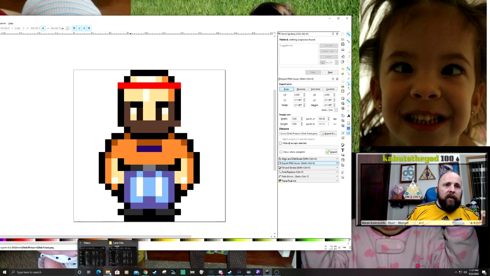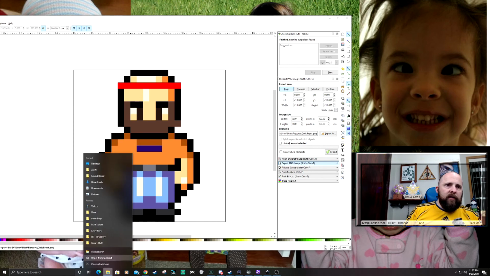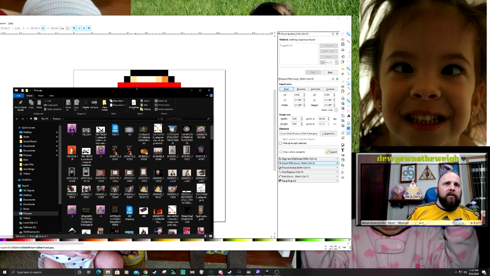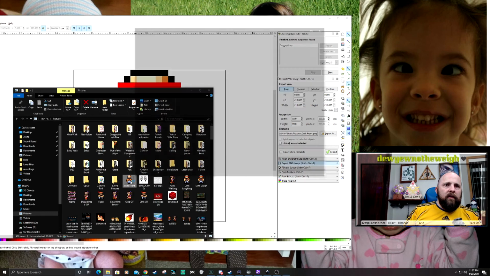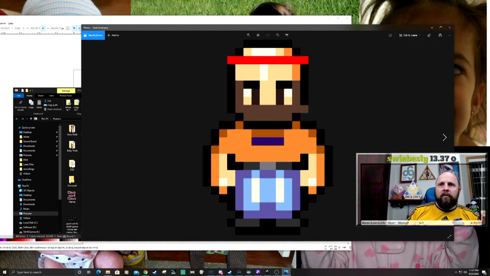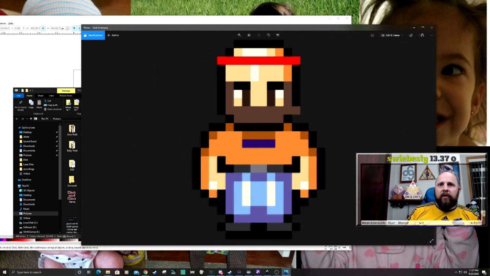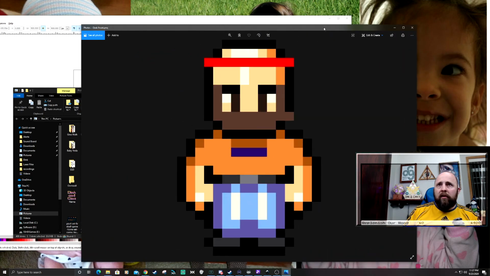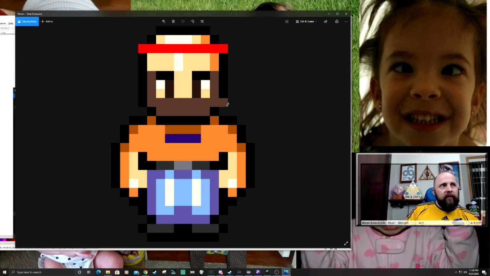So now if you go into your pictures, there's my guy with a transparent background, and I can scale him and use him for whatever I want to use him for. So I see a little beard. I'll have to fix that. You probably saw it and you're like, man, this guy's an idiot. No, I got to change that beard. Anyway,